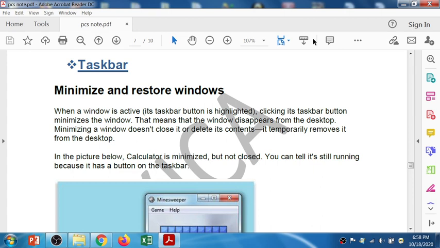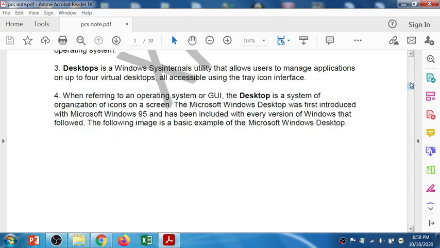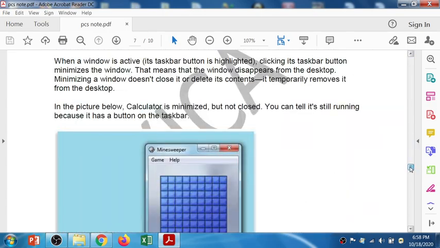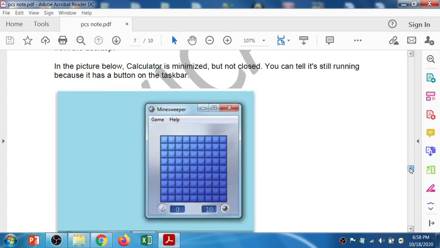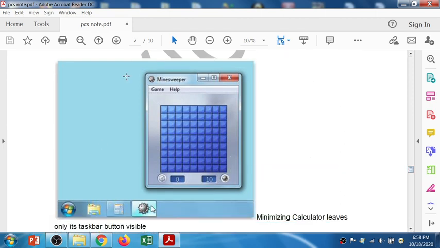In the picture below, the calculator is minimized but not closed. Right here you can see the calculator, and this is one of the games.